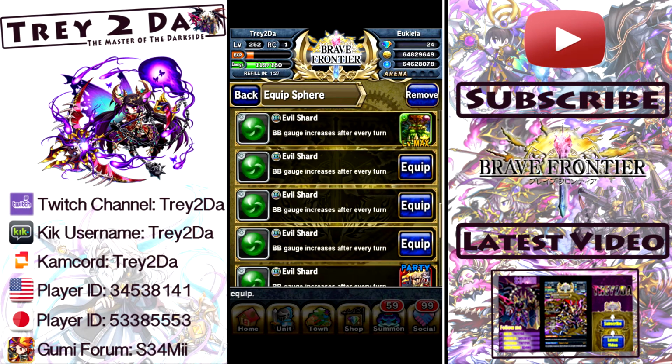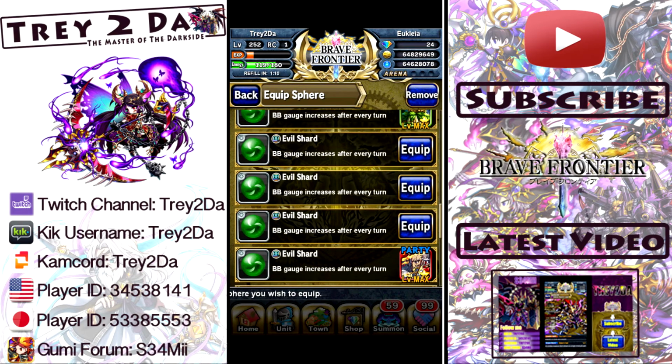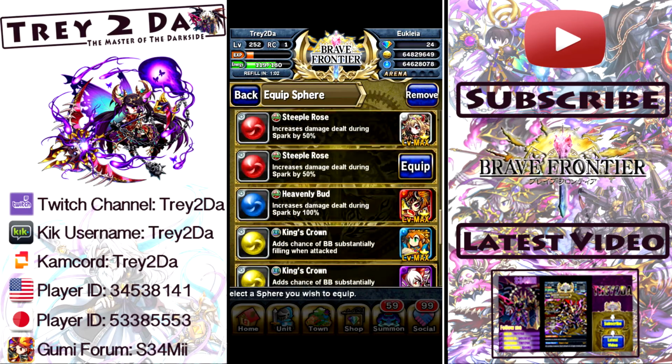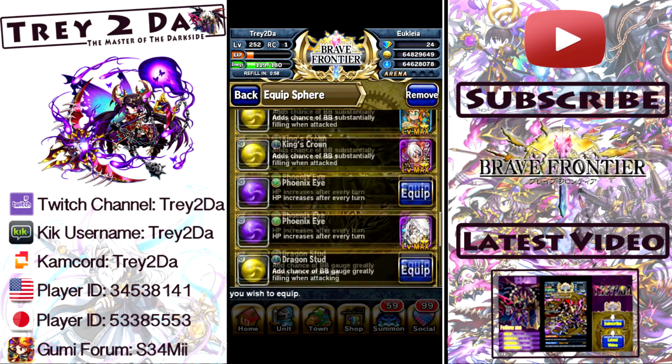There's a better sphere out there known as the Magic Ore that gives you even more BB gauge every turn. So put this on imperative units where you want their BB gauge to pretty much be ready to go at any time, guys. Like Tree here, as you can see, I have one on my Darwin shell as well because I want that mitigation to be there and ready at any point, guys. So good stuff there. We talked about the Steeple Rose already and the Heavenly Bud. We talked about the King's Crown, the Phoenix Eye,